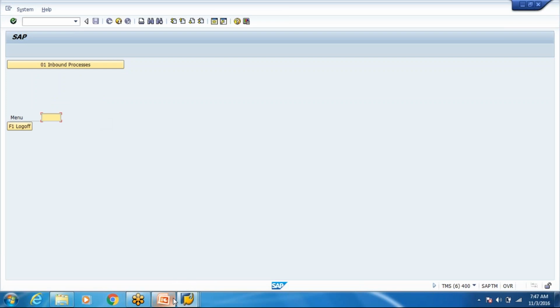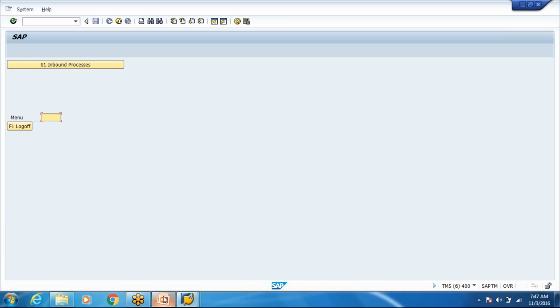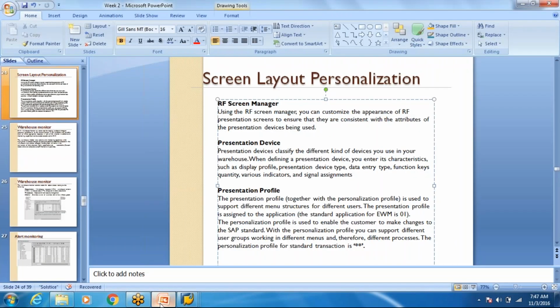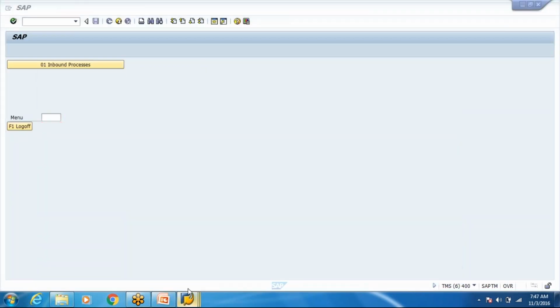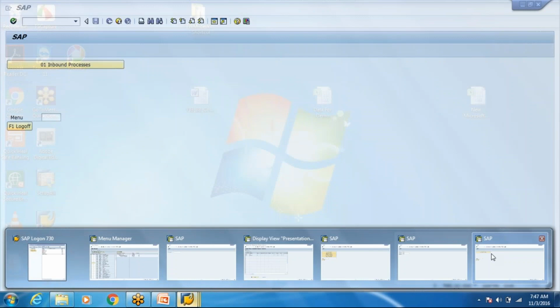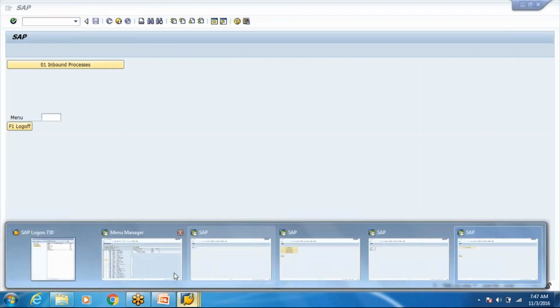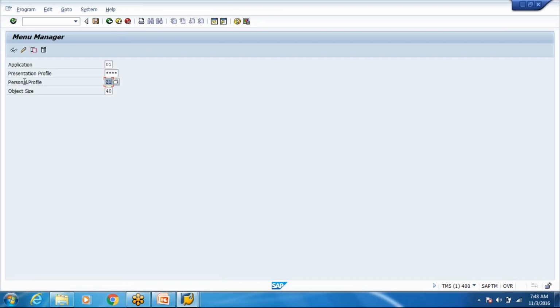So this is something which we quickly do as a small config for users, just to control where and what they are doing. Basically, while we were creating, we just created one config over here. The presentation profile is star star.